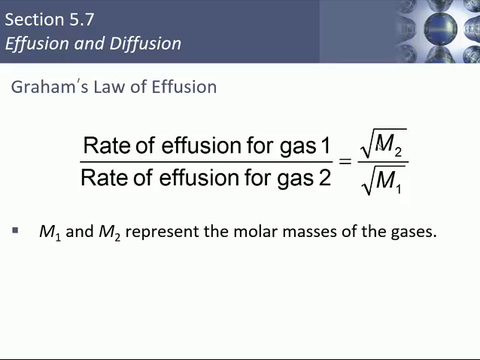What Graham's law does is it provides a comparison between the rates of effusion for two different gases. That's what Graham's law of effusion is. It's simply a comparison, or a ratio. And you can see that the rate of effusion of a gas completely depends on the molar mass of the gas. Larger the molar mass.